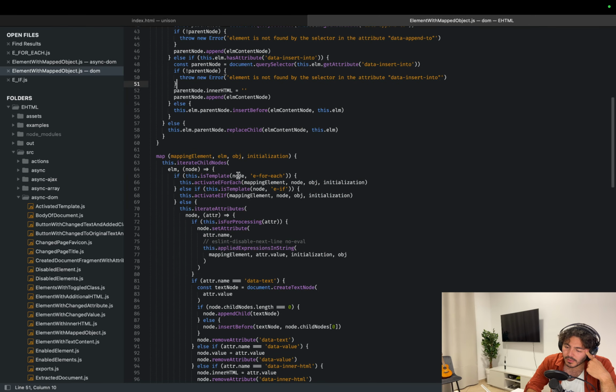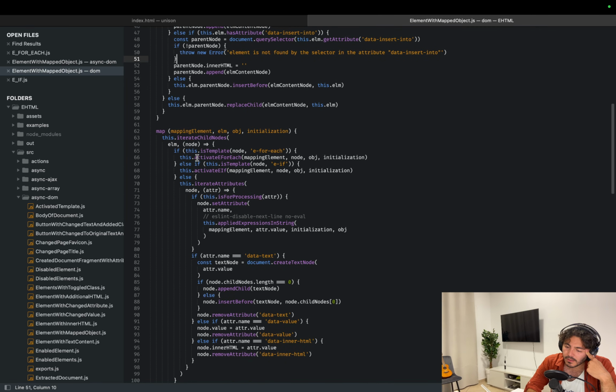So yeah, this template is template if for each, then activate if for each,